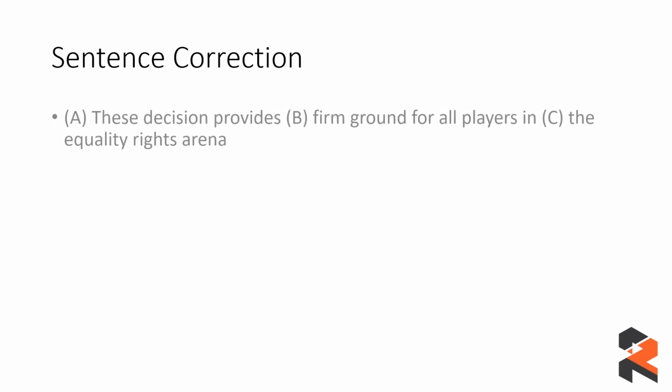Here this is a sentence correction question where you have three different parts of your sentence, and you need to select the option or the part of the sentence in which there is an error. So that error can be grammatical, or that error can be including not using proper punctuation marks and things like that. So you have these options and you need to tell in which part of the sentence there is an error. So let's read the sentence.